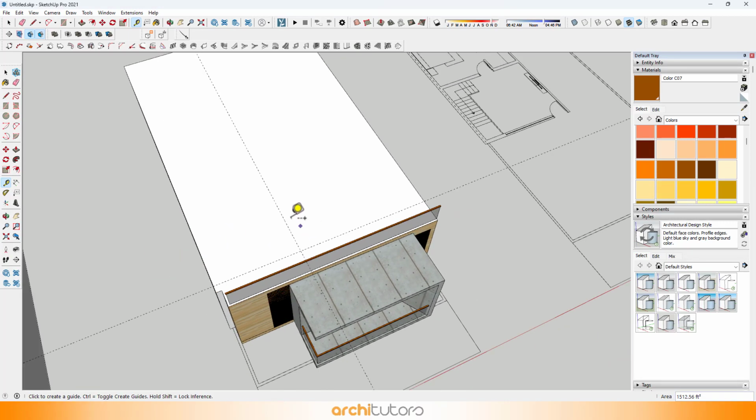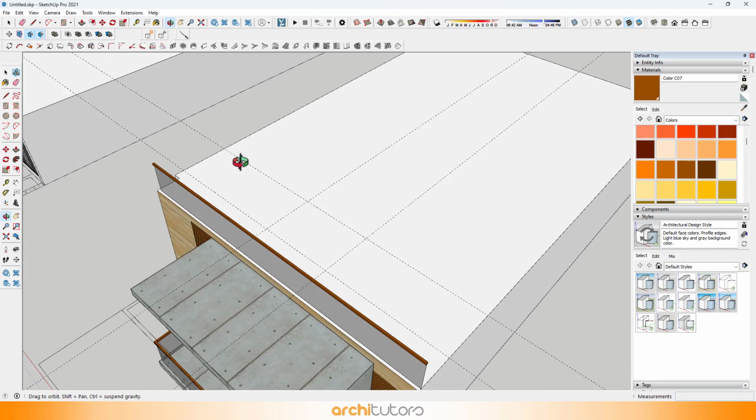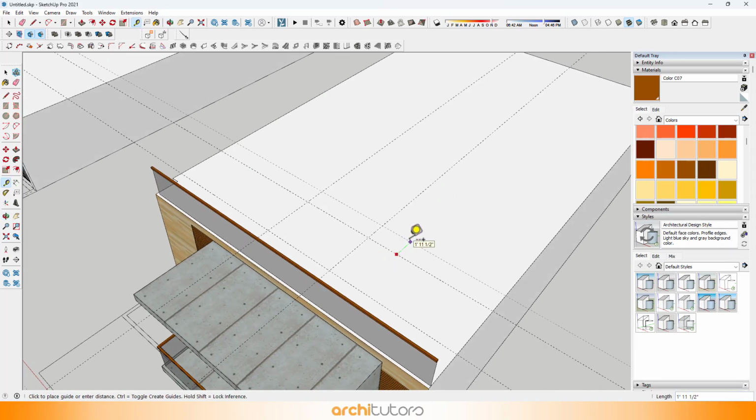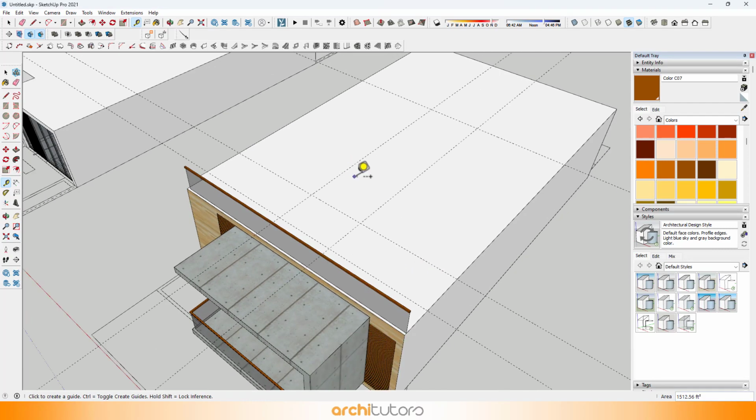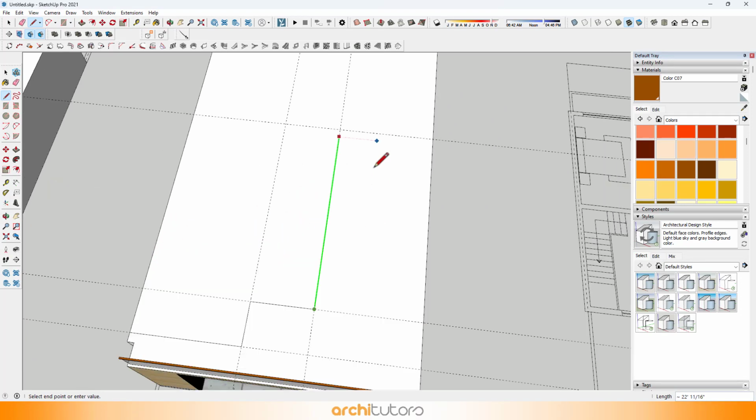There'll be a mumty on the top. First, create some guidelines by the tape tool. And then creating a surface using the line tool.